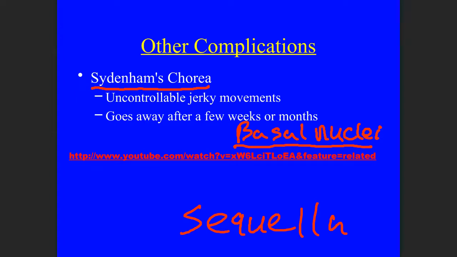But when your basal nuclei are affected by these antibodies, no, your basal nuclei does not produce dopamine. Your brainstem, your midbrain produces dopamine, and that helps to control the basal nuclei as far as what it does. But what happens here is that these antibodies attack your basal nuclei, and that causes a person to have a lot of uncontrollable movements, very shaky movements in their hands. If you look up Sydenham's chorea on the web, you'll find some videos on it. But it doesn't last long. It's a very brief sequela. It can last maybe a few weeks or a few months, and then it kind of goes away on its own.